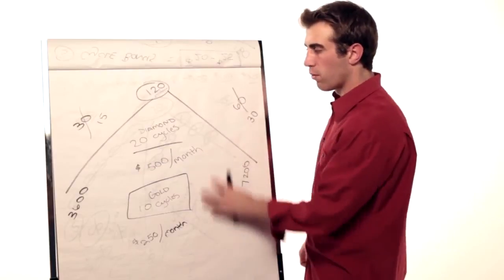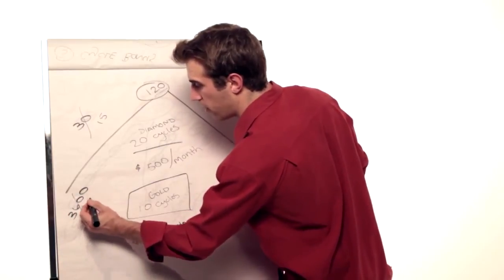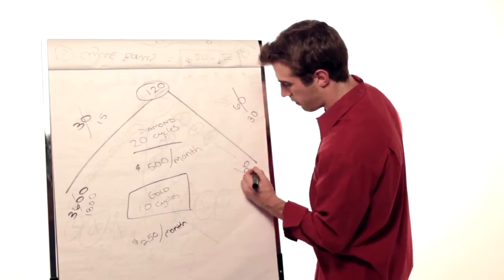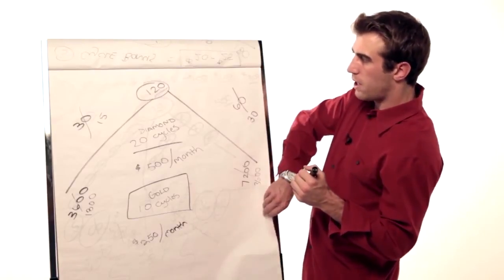So here's an example of what you would kind of look for. It would be half of the volume. Let me just add that on there. You'd be doing about 1,800 in volume and 3,600 in volume at the gold. Okay? And I think we talked about that here on our next page with the